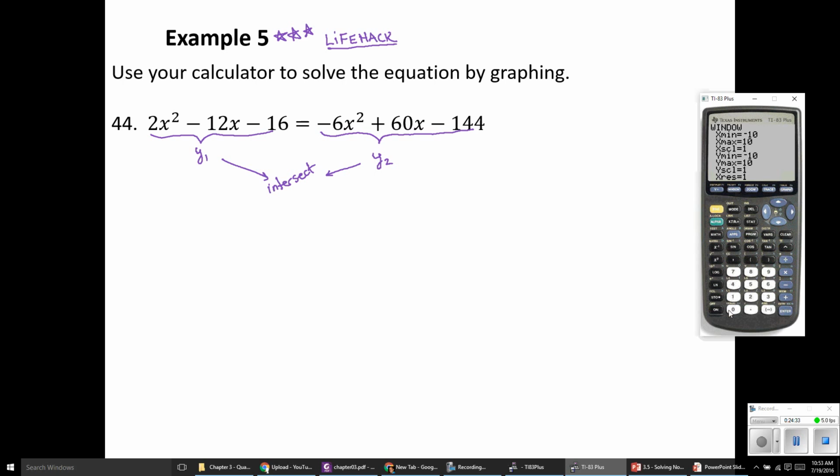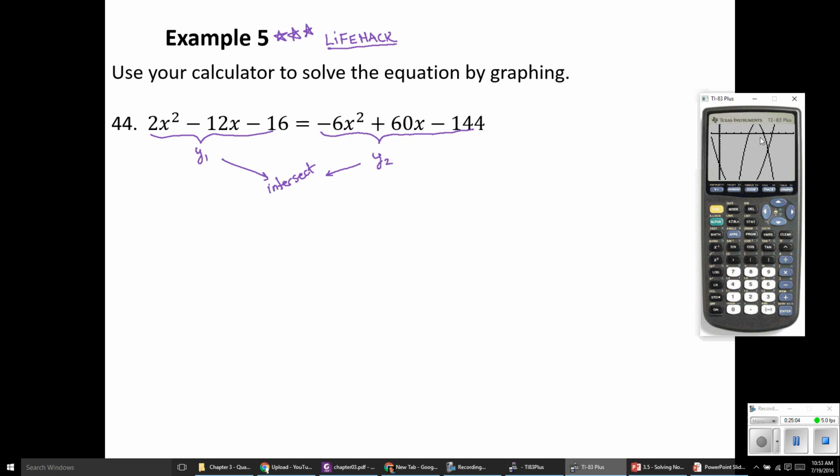So for x min, I'm going to change that to -1, just because nothing was happening off to the left, we're not as concerned about that going all the way to -10. For x max, I'll leave that as 10. It looked like my intersections were going to fit on the right side of the screen as it was. For my y minimum, I need to go lower. So I'm going to make this negative 25, and I'll have it go up to a height of, I don't know, I could leave that 10. Let's just try 5.